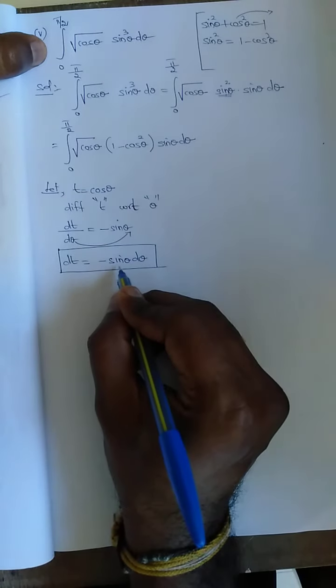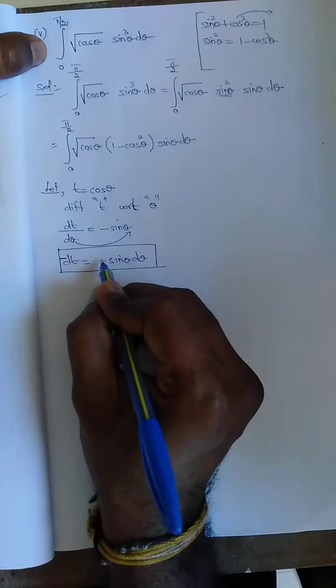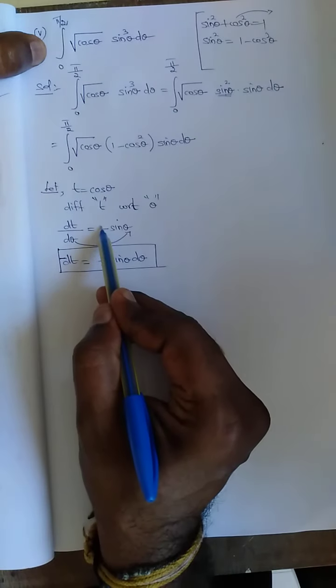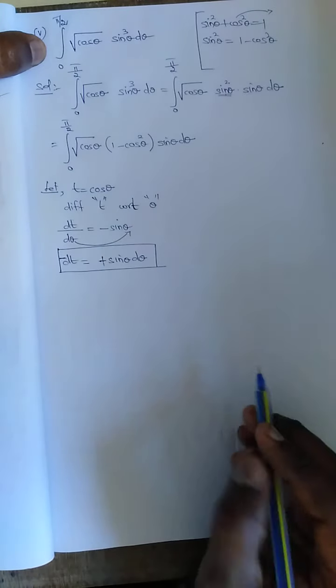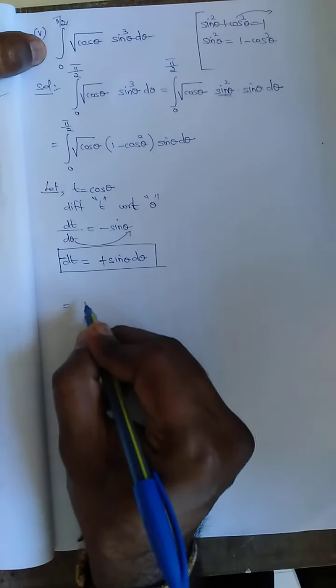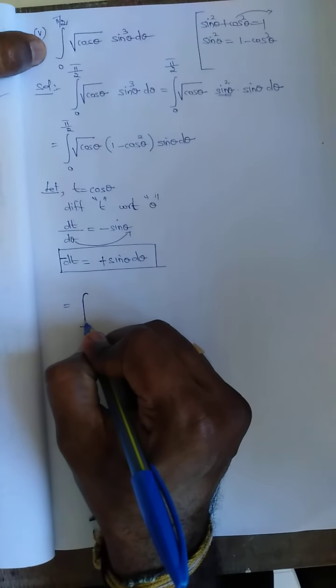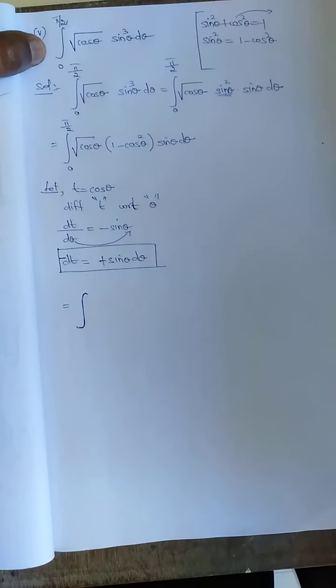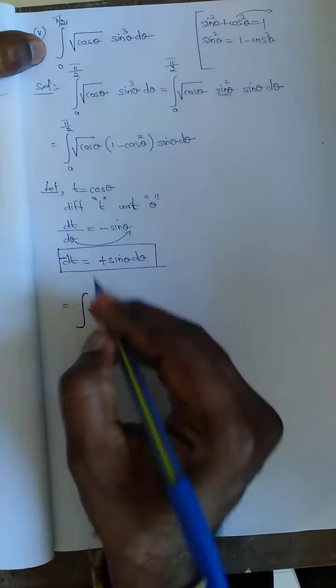So dt is nothing but minus sin theta d theta. Otherwise we can write it with the minus moved to this side, I can put plus here, I can put minus, no problem. Now I can apply here. How? See here, don't put limit, leave the limit as it is, because I want to say one thing about the limit. Square root of cos theta, what is cos theta? I assume t.